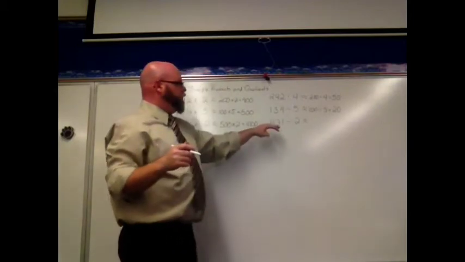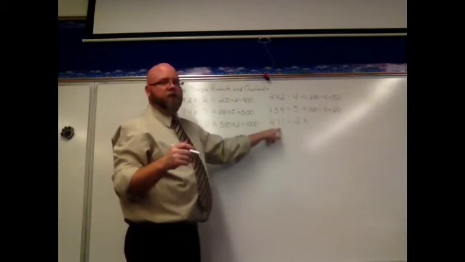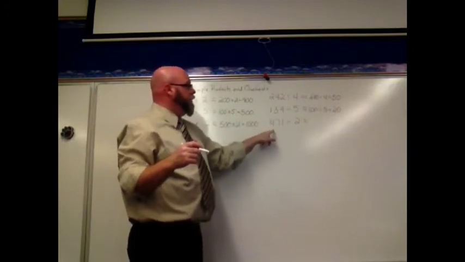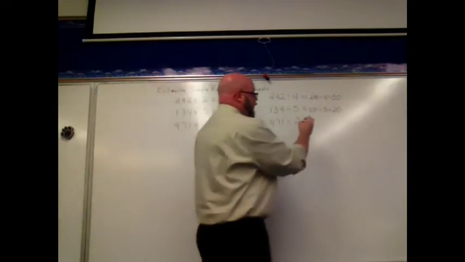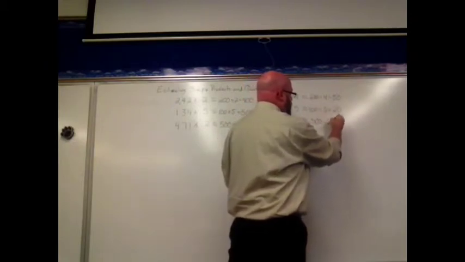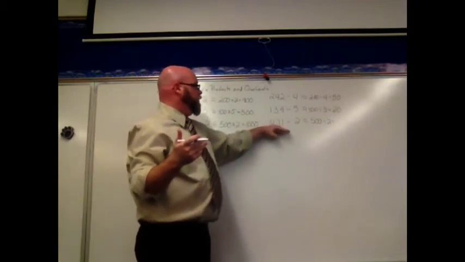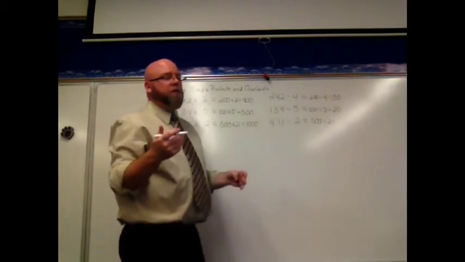When I look at 471 divided by 2, that 7 in the tens place tells me this is closer to 500 than to 400. So I would have 500 divided by 2. My estimated answer, 471 divided by 2, is going to be about